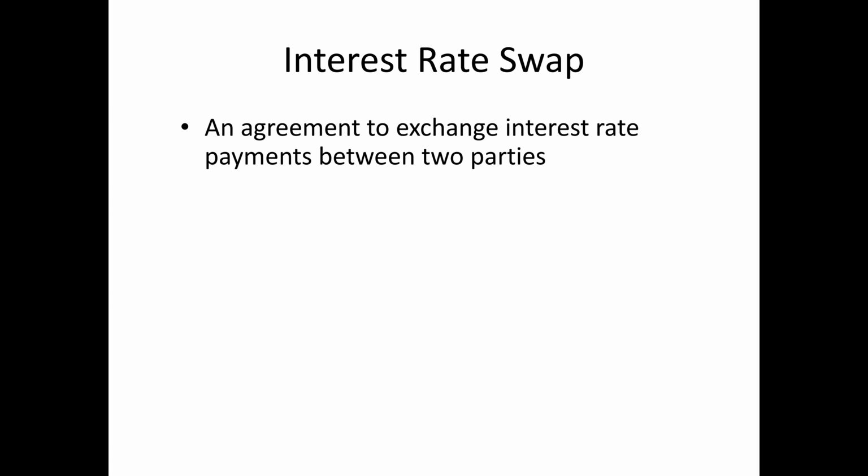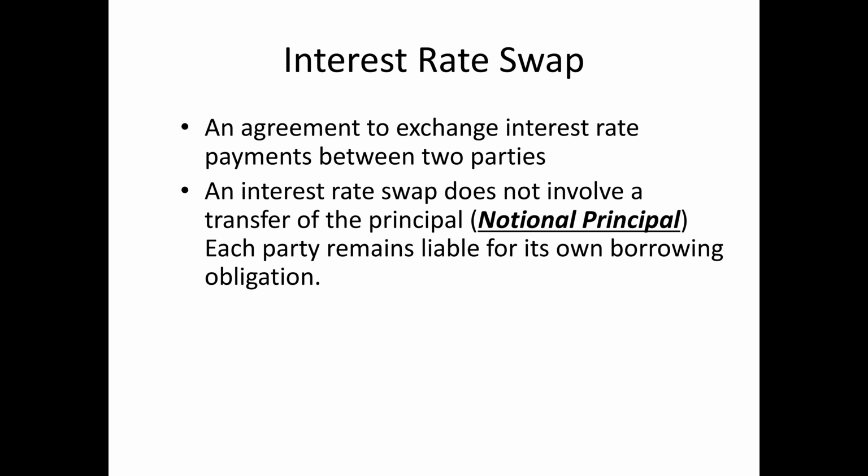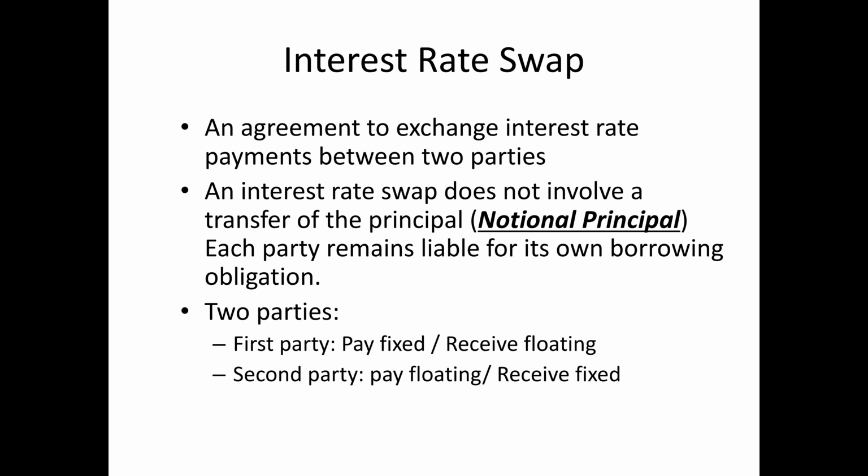I'm going to show you how to solve a problem of designing an interest rate swap. An interest rate swap is an agreement to exchange interest rate payments between two parties. One party pays fixed and receives a floating or variable rate. The second party pays the floating rate but receives fixed. Why do they do that? Because through this private or over-the-counter arrangement,